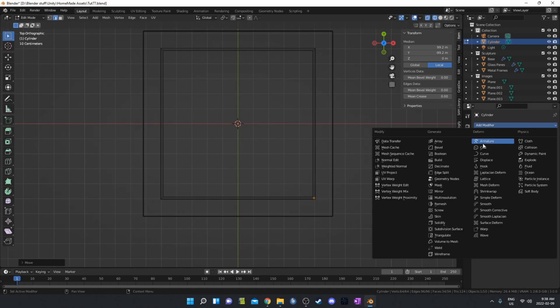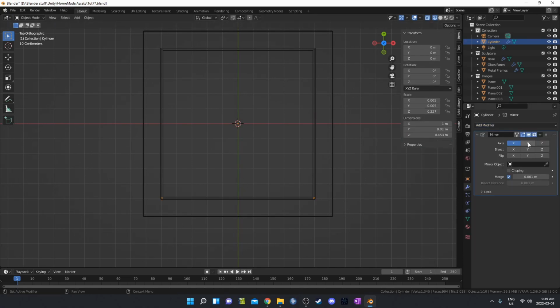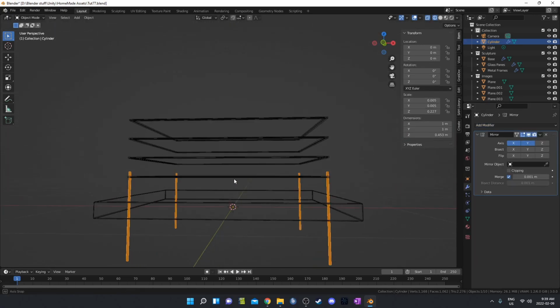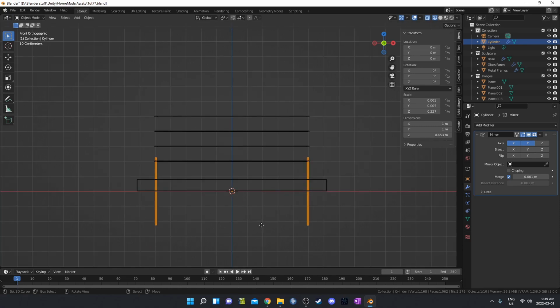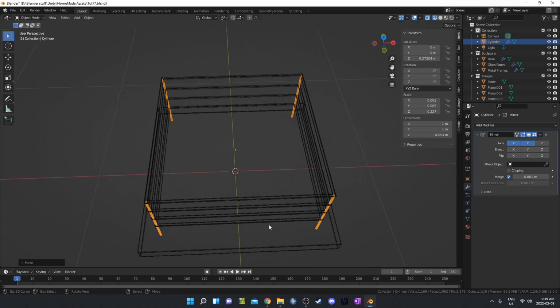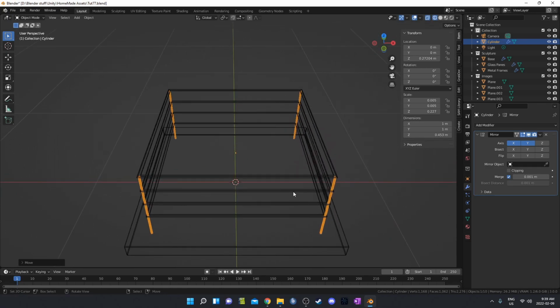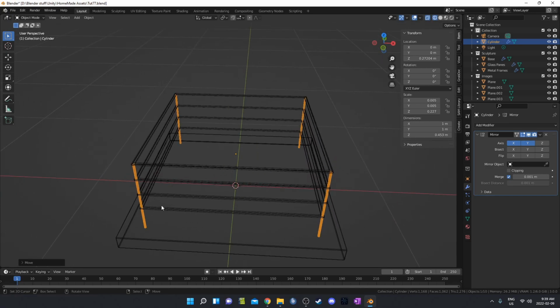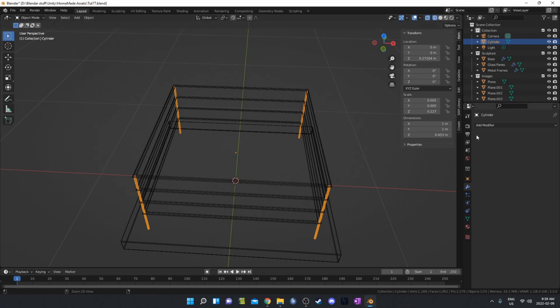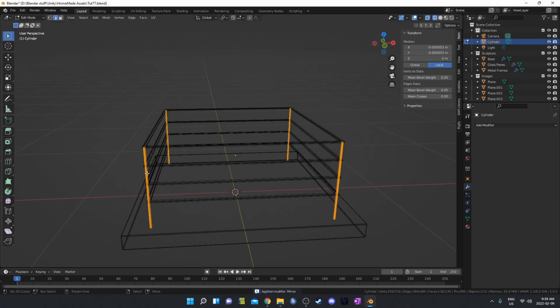So now I can add a mirror modifier. And let's do it on X and Y. So we've got 4 pieces there. And I'm just going to line it up on the side as well. It's very easy to adjust this, so I'm just going to place it there for now. And this was the way I decided to do it. I could also do it with rotational symmetry, but basically I applied this mirror modifier, and I'm just going to